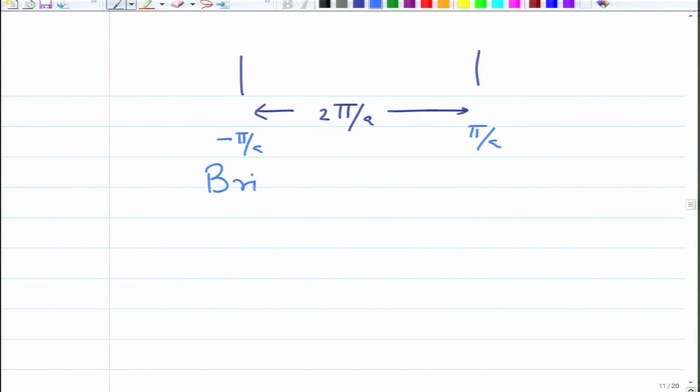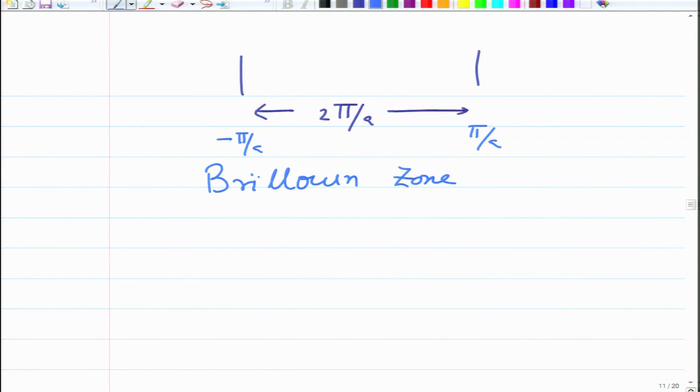So, now some terminology. This extent of k from minus pi by a to pi by a is known as Brillouin zone, and you will find in all the crystal properties is the Brillouin zone, whatever happens inside this keeps repeating itself. So, this is a very important concept. It is known as Brillouin zone, all right, and all k